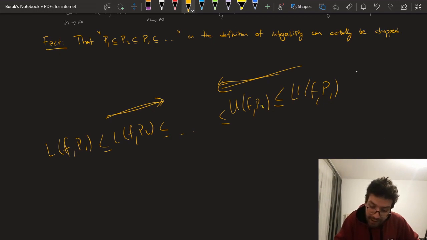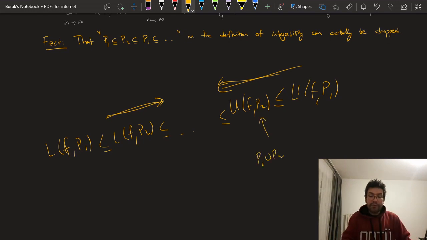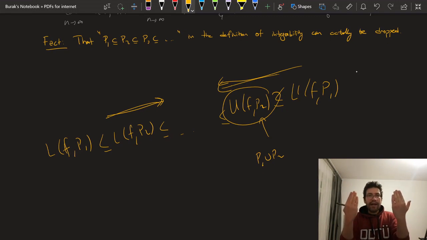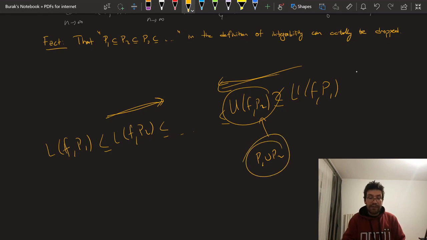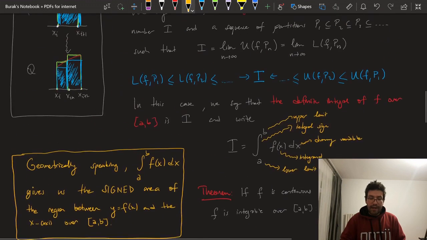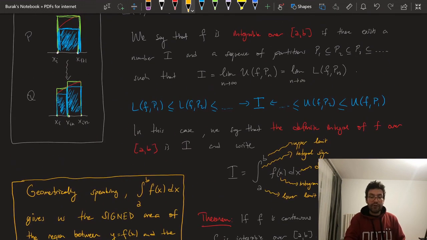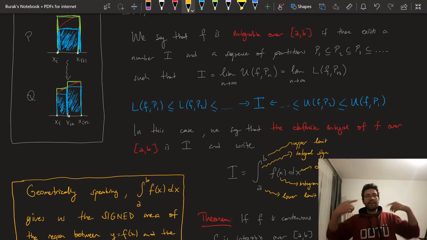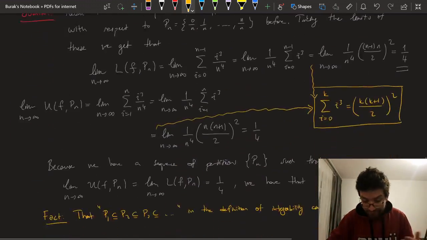you can always, instead of P2, replace this with P1 union P2, okay, and you can make this even smaller than before. If P2 is not refining P1, then they have a common refinement, meaning that I have a third partition which refines both, namely P1 union P2. So by replacing this with P1 union P2, you can turn any such sequence of partitions into a sequence of partitions which refine each other and for which the upper Riemann sums and lower Riemann sums approach the same thing. Anyway, so